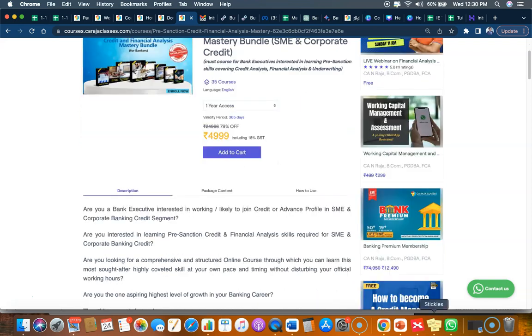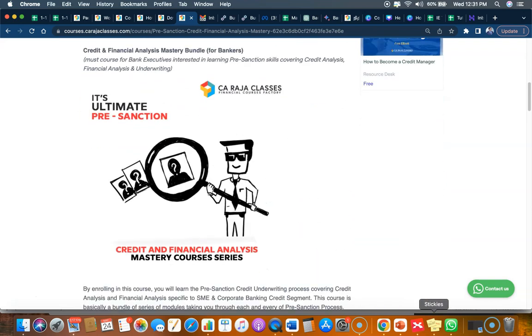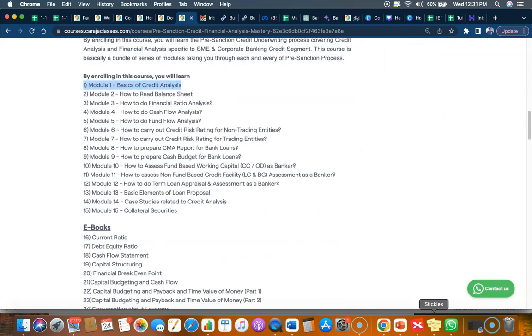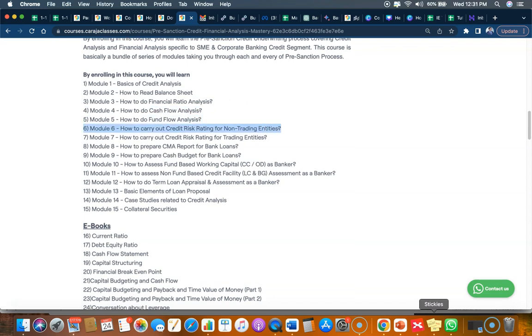This course is basically a bundle of 15 modules, and they are basics of credit analysis, how to read balance sheet, how to do financial ratio analysis, how to do cash flow analysis, how to do fund flow analysis, how to carry out credit risk rating for trading and non-trading entities, how to prepare CMA report for bank loans,